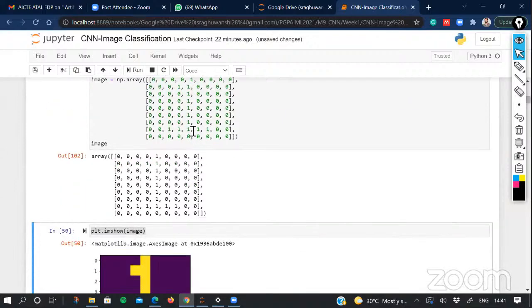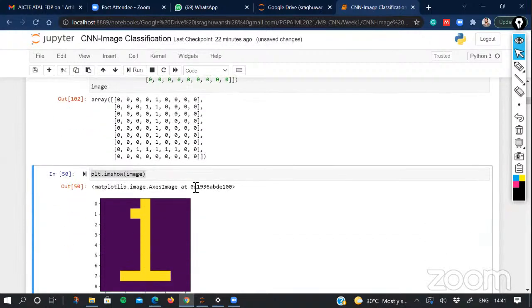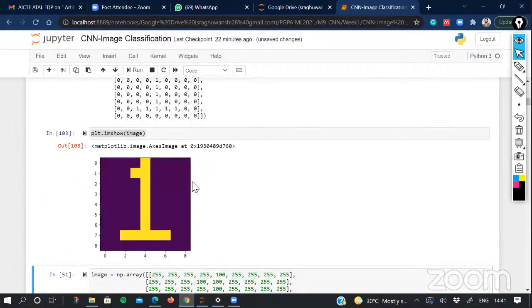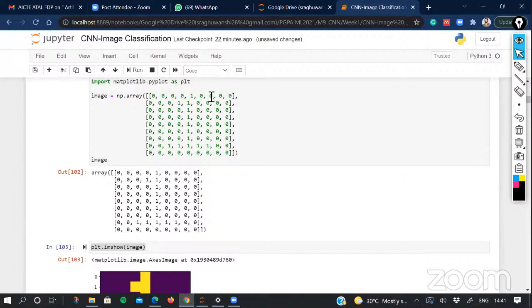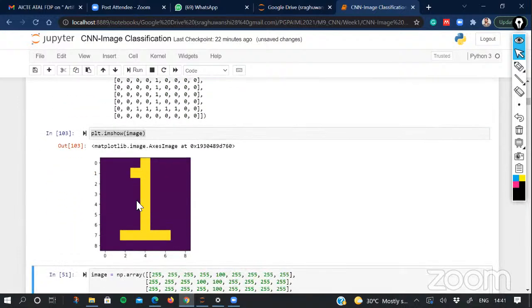And by having different values in that, you can print the value of that image. So you can see, this is the unit digit number 1. And this can be represented by these set of values when you represent them in a 9x9 matrix. So this is one, and you can easily say that this image has the label 1.